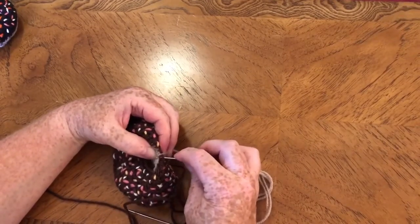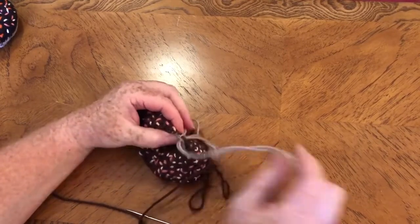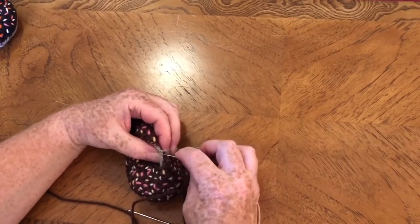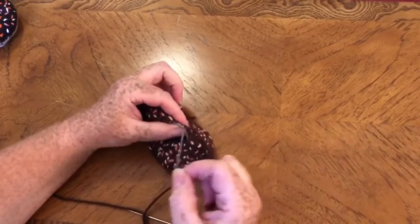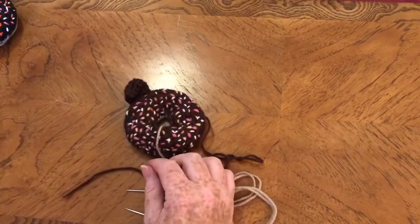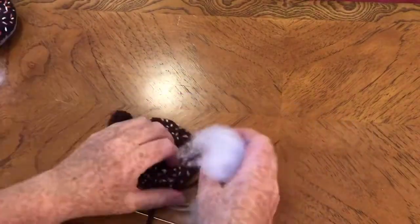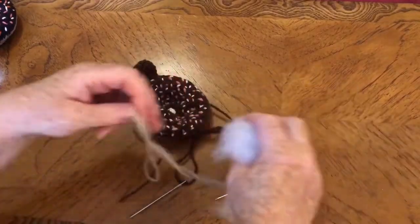This sheepy's wool is quite soft, so although I didn't make a very loose chain, it's very soft, so it pulls open just a little bit. But I'd run out of that pretty sturdy wool that I was using. So I'm going to leave that there as well for now, and I'm going to get some of this stuffing in. I don't know if I've got enough here. I might have to go and get another bit, but I think it'll be okay just to show you. And I'll try to keep these separate so they don't get